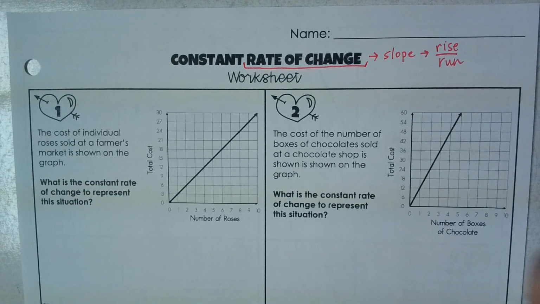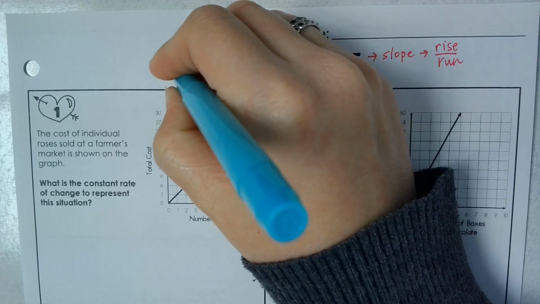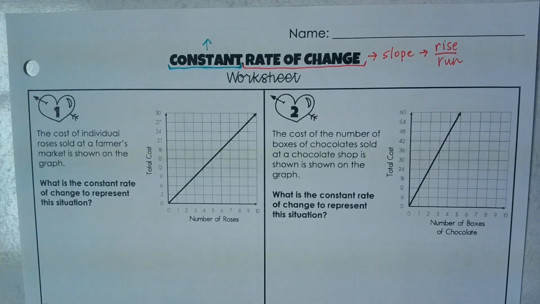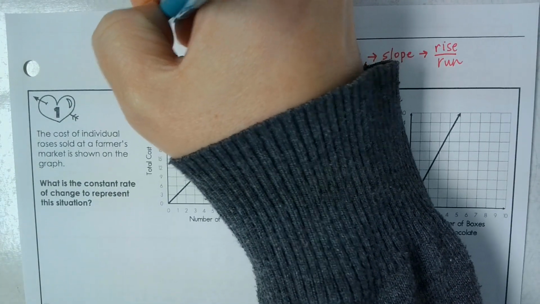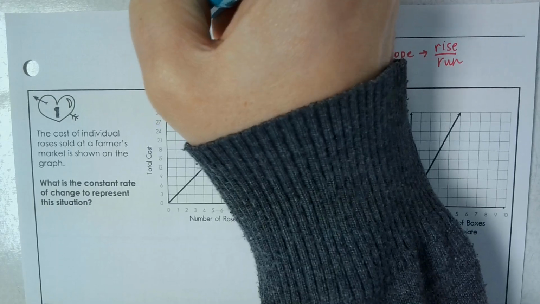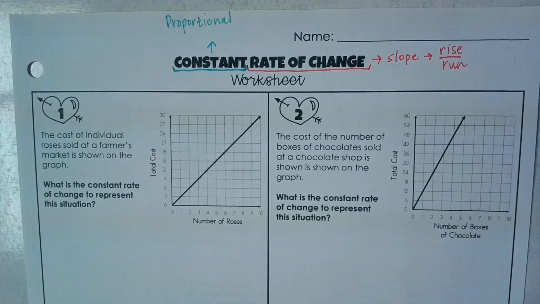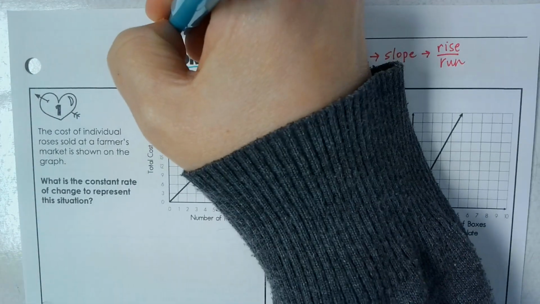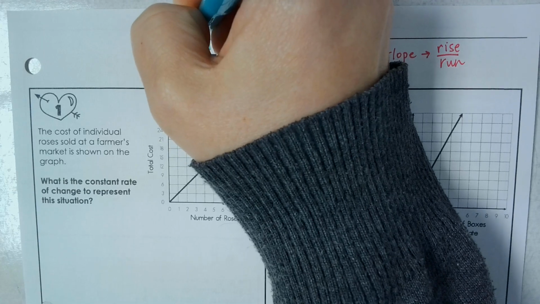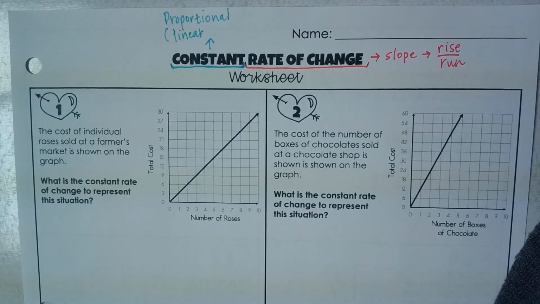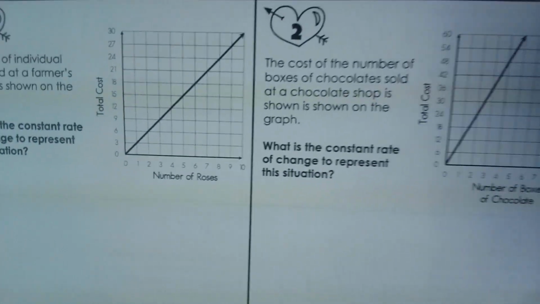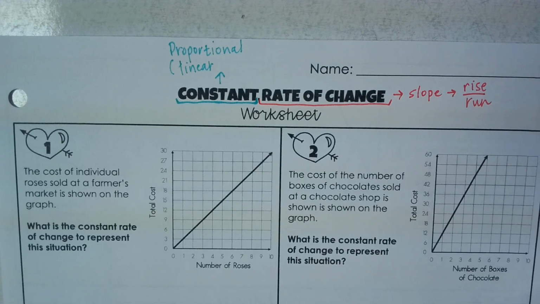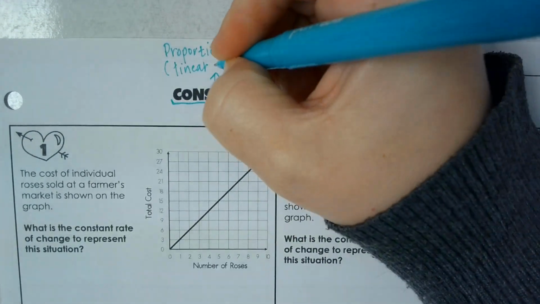Now, the fact that it's a constant rate of change, I'll come up to the top, means that it is proportional. And if it's proportional, that means it's linear. Can you see that? It's parentheses and then linear. If it's proportional, it's a straight line, it's linear, and